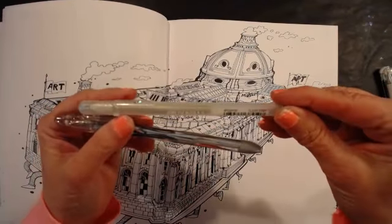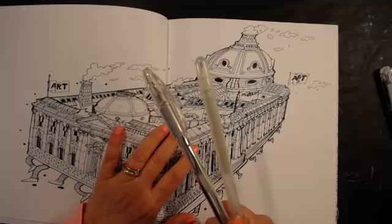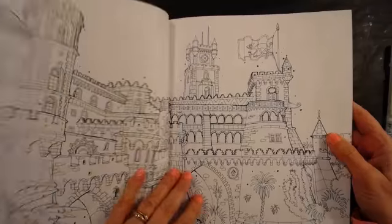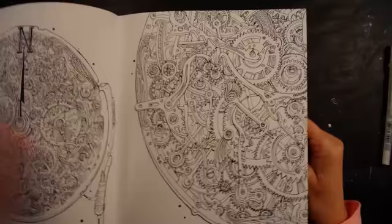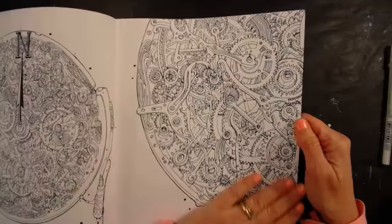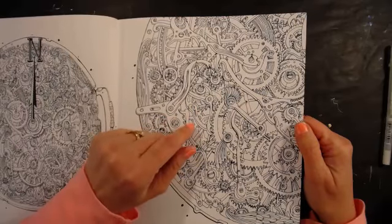This is the gold one, I think. No, that's the clear. So I would use the silver over a gray base, a light gray base to do metal. Yeah, the gears, no, I probably wouldn't do them to look, now maybe, I might. I would probably do copper. I'd probably do a copper wash and then go in and start doing fussy copper and gold